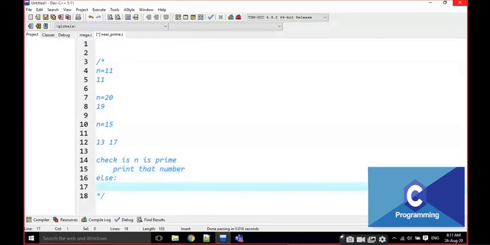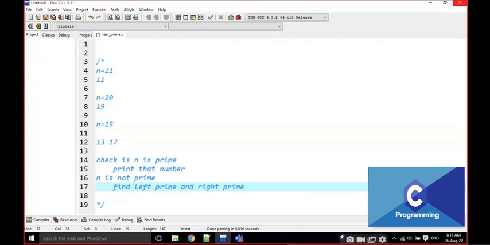Else, that means if n is not prime, we have to write the logic. If n is prime, print that number. If n is not prime, we have to find the left prime and right prime. This is not the only algorithm to find the nearest prime.